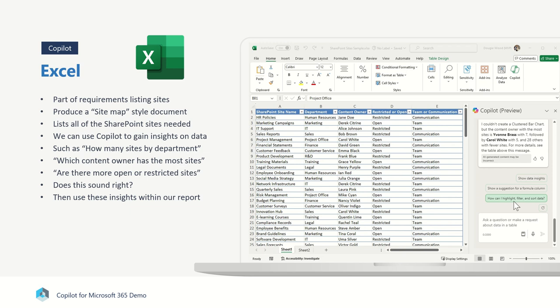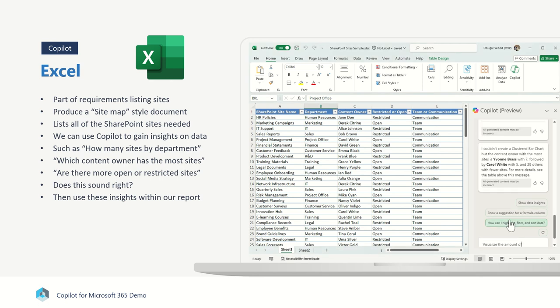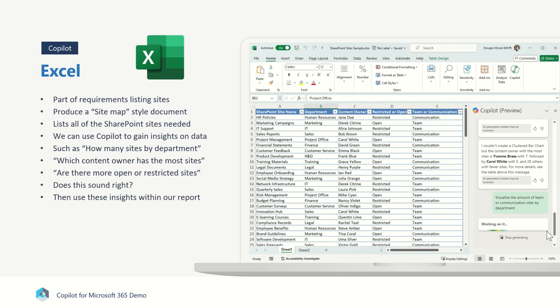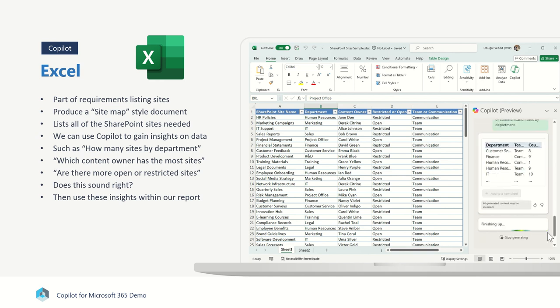Now, I don't know about you, but I'm not particularly fantastic at using Excel for things like formulas and creating pivot tables. This is where Copilot really helps, because you can now use human language to type in something like, please visualize the amount of teams or communication sites that we have inside this spreadsheet by department, so we can see how many different SharePoint sites are being created and what types of sites per department. And again, I don't need to know anything about Excel to do this, and it's generated me a